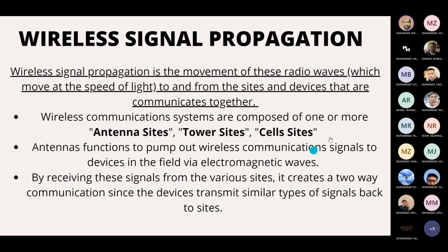So signal is actually an electrical or electromagnetic current that is used for carrying data from one device or network to another, while propagation is the time required for a signal or wave to travel from one point of a transmission medium to another. So then we are talking about wireless signal propagation. Wireless signal propagation is the movement of this radio wave